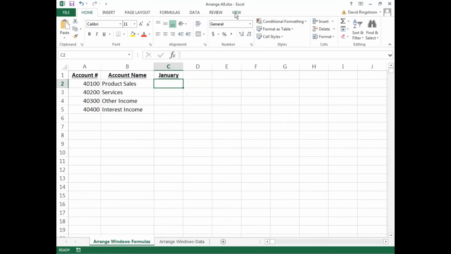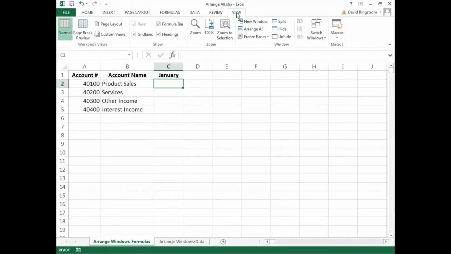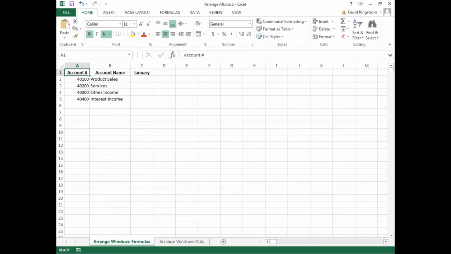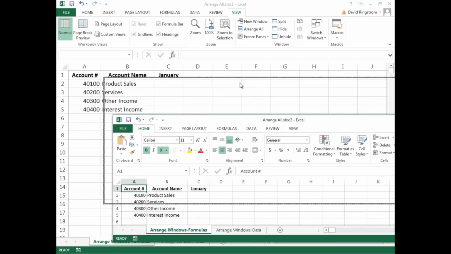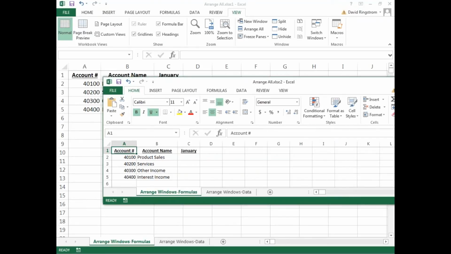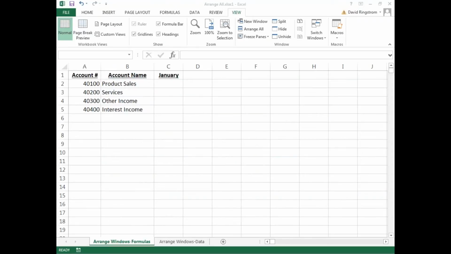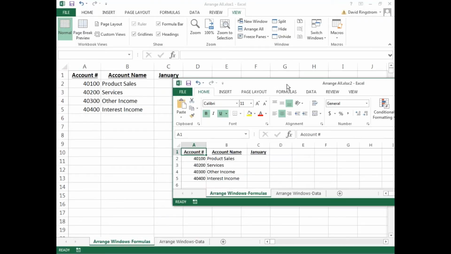So if I want to be able to see this worksheet and that worksheet at the same time, the steps that I will do is I will go to the View menu, I will click on New Window. When I do so, it creates the new window for me. And again, they're stacked on top of each other. So it's a little nuanced. It can feel like nothing really happened. Now, in Excel 2013 and later, if I click my Restore Down button, I can minimize that window, and then if I have an additional monitor, I can drag it on the other screen and maximize it. And so then at that point, I'm done.